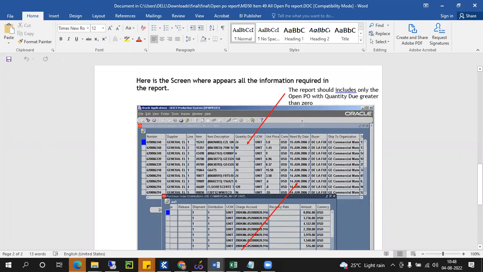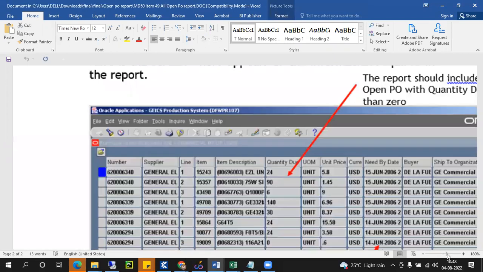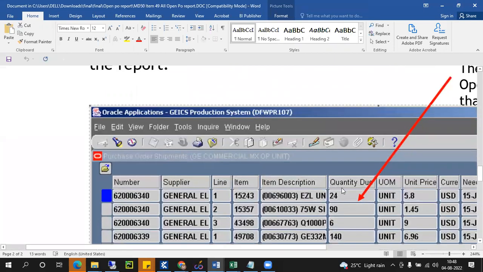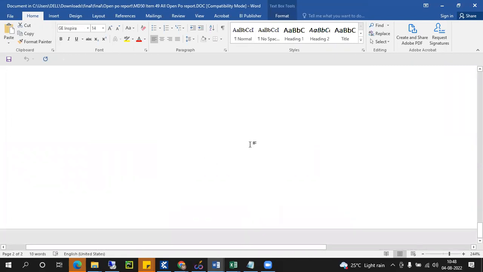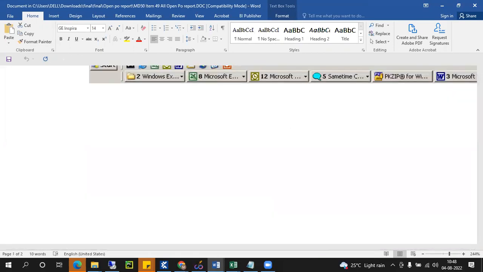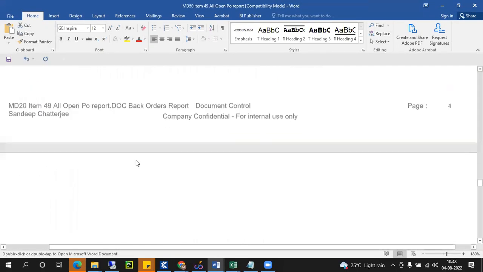As of now, you worked on P2P, but you have not seen this, correct? Quantity due column you have not seen. See, this is a quantity due. And then the date is second parameter to create a report. So I'm just showing you roughly, okay? This anyway, we have to come and explain what are